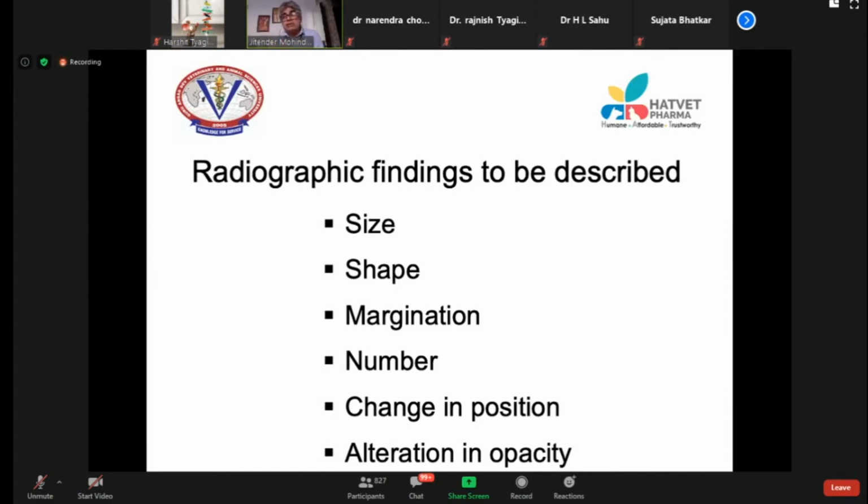All these things have to be described in your radiographic findings, and then you have to finally give your differential diagnosis and your impression that most likely this is a case of, let us say, urolithiasis or cystolith or nephrolith or ureterolith or urethrolith. So that is how you give your diagnosis. You can't just write your diagnosis in one line. So always write in a critical manner every time you report.